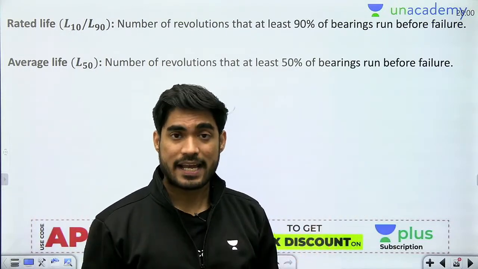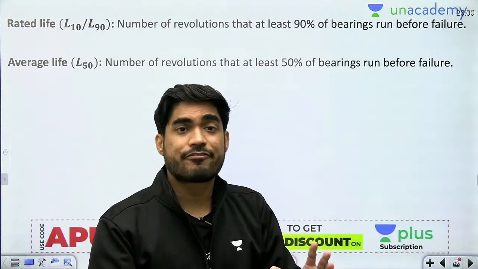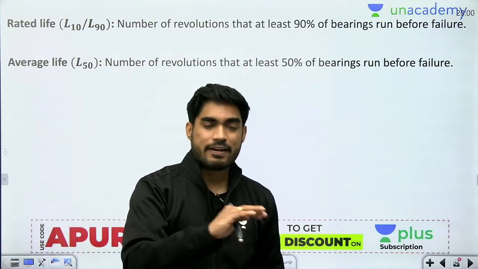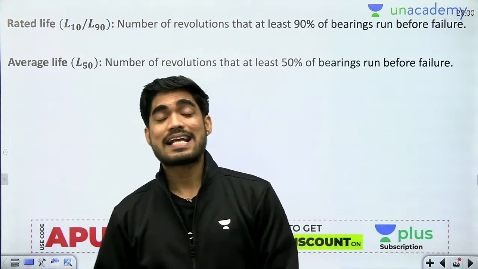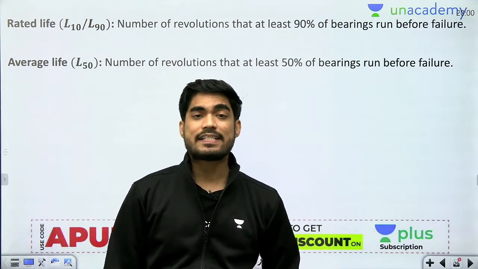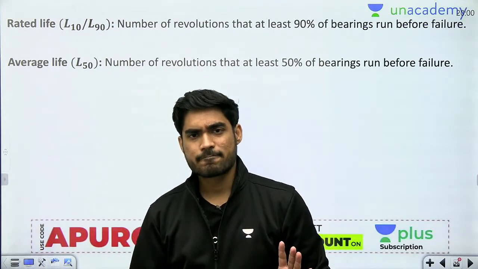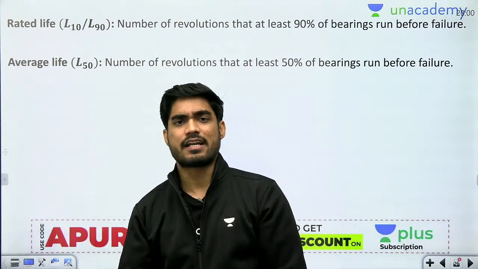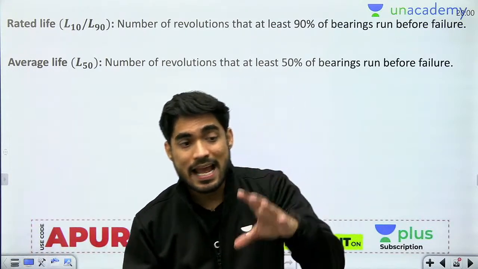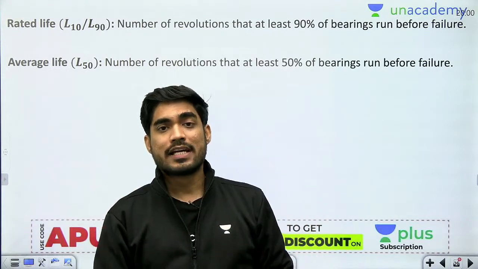So I need to say what percentage of bearings will survive 10 million revolutions. Is it 50%? Is it 60%? Is it 70%? Is it 80%? This is known as the reliability of life. Reliability of life means what? If I say that out of these 100 bearings, 90% of bearings will have at least 10 million revolutions of life, then my reliability is 90%. The reliability of this life is 90%,